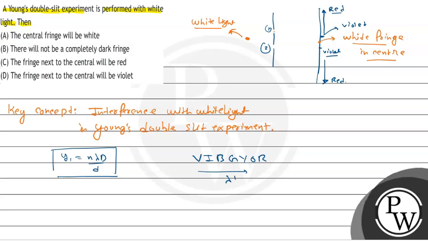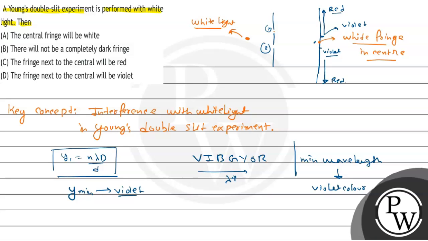So the minimum wavelength is of violet color, right? So the y, that is the distance of the fringe from the central bright fringe, is minimum in case of violet,